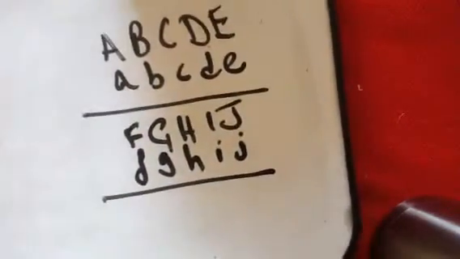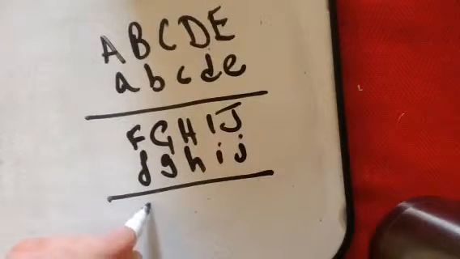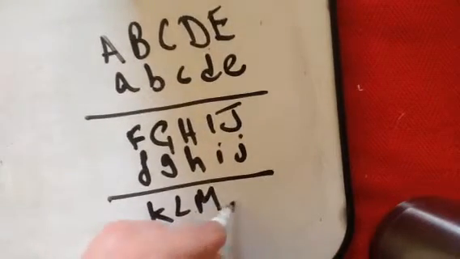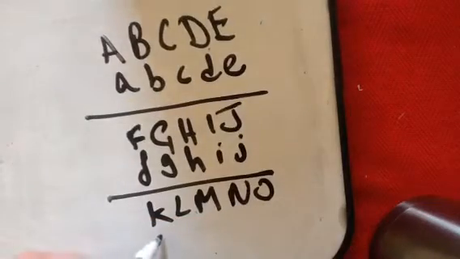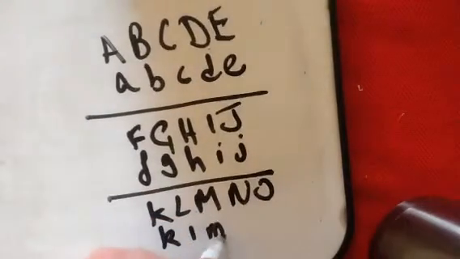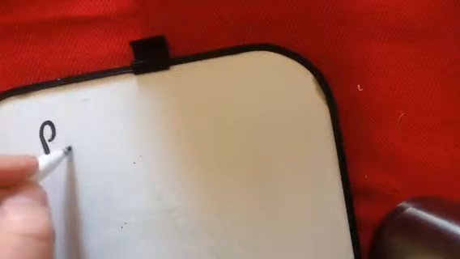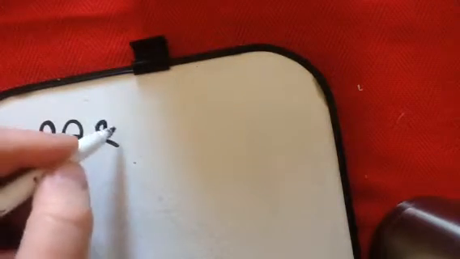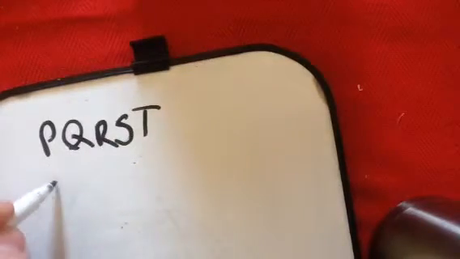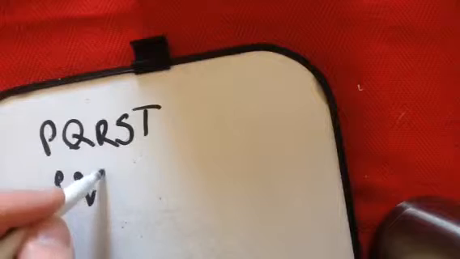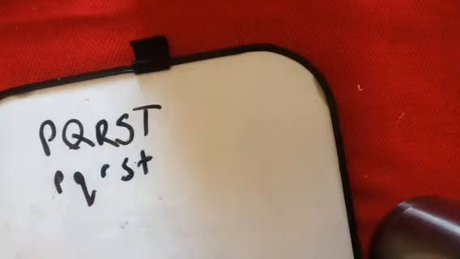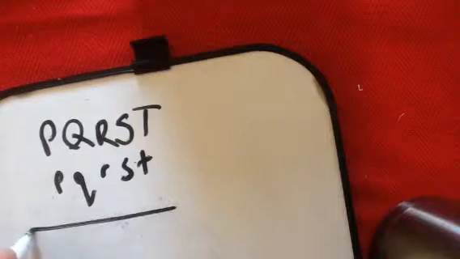We then have the next batch, which is K, L, M, N, O. Okay, that's another group, so we've got 2 more to go. Let's just turn this around. Okay, we have P, Q, R, S, T. Small letters P, Q, R, S, and T. Okay, and then finally, the last ones are